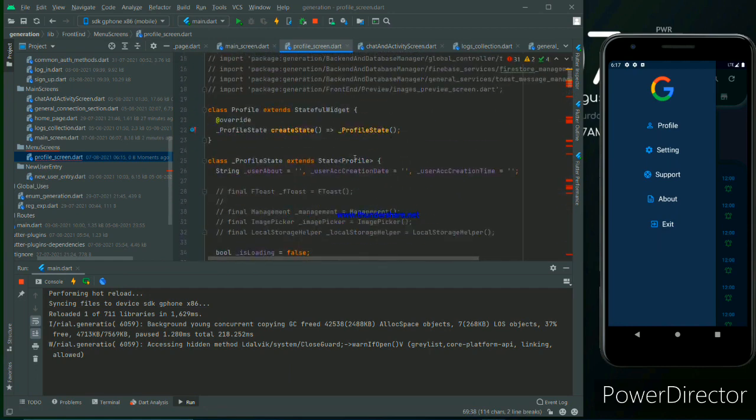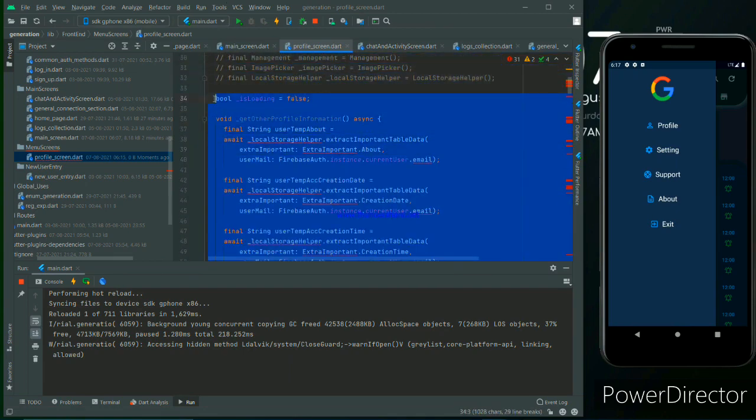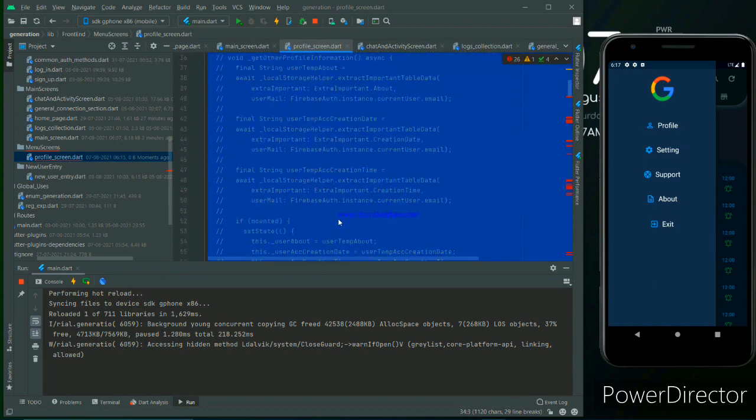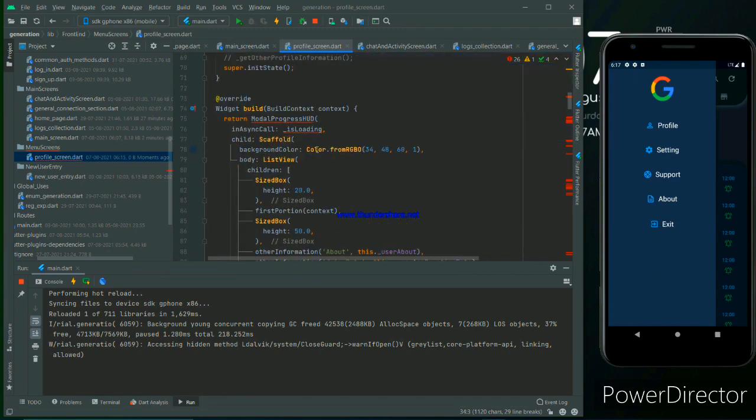We can comment out all of it, because it is required at the time of backend, so I'm not deleting it, but there's no need to use it now. There are different class names, variables and other things, which would not be helpful for your understanding right now, so don't think about it.